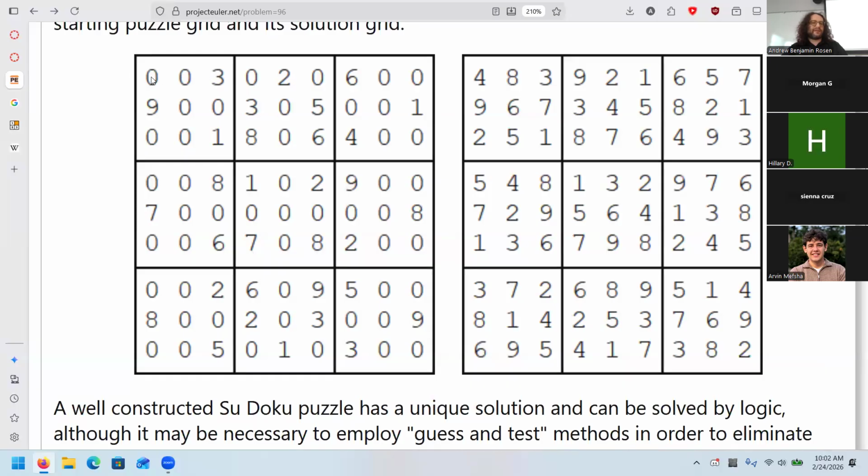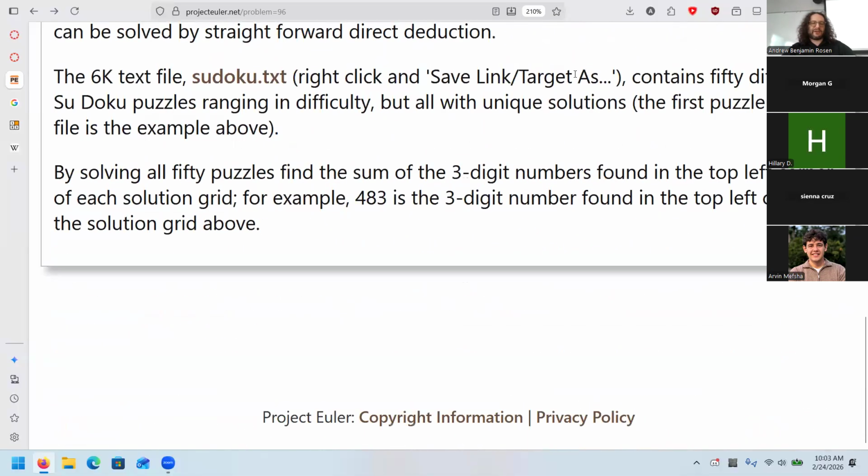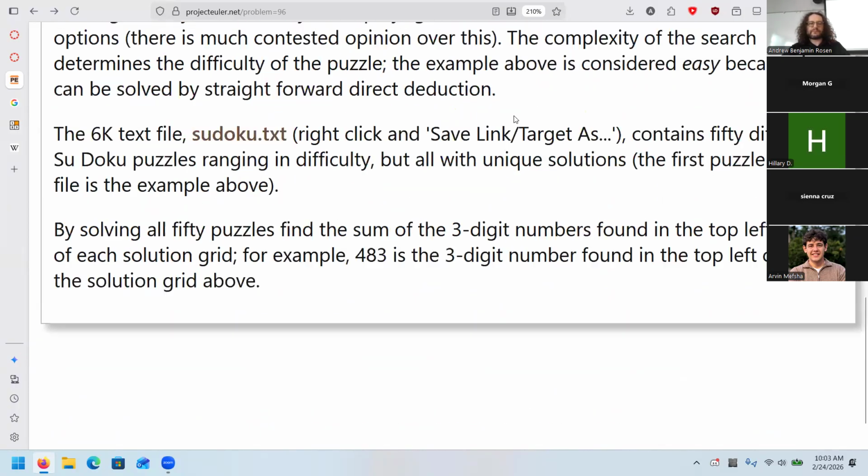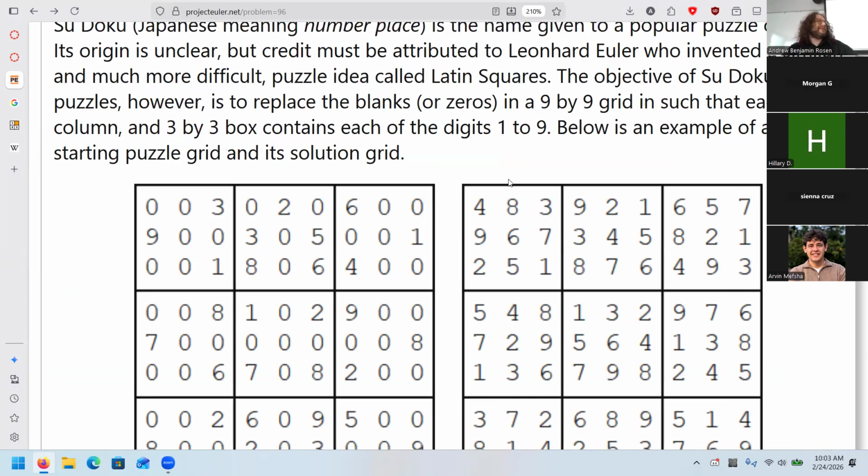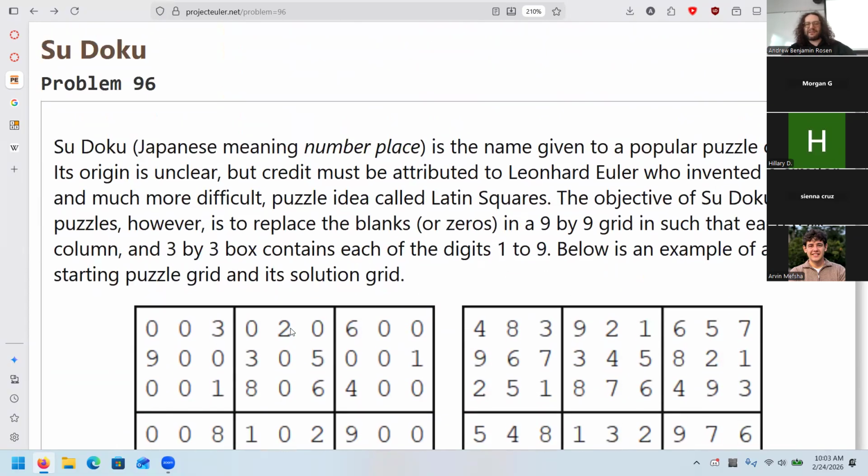So this is 003 becomes 483, right? So you take 483, add that to the top left three-digit number of all the other solved puzzles. And then your sum basically ends up being in the 40,000s, and you can double check that. You can create an account to double check your correct answer that way. Basically, it just becomes an easy way to verify that you have solved all these puzzles. But yeah, it is very similar. It's an easy extension of this. Okay.